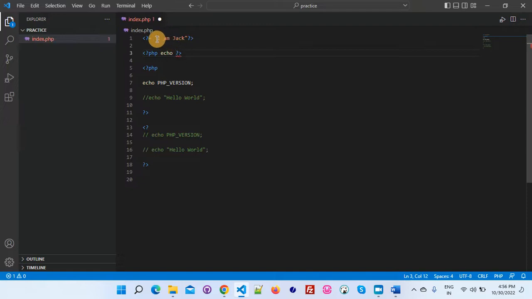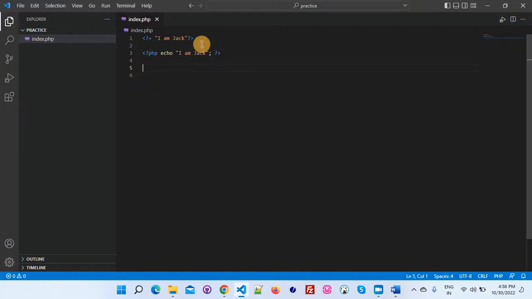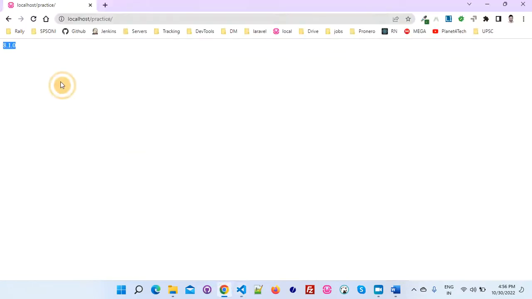If I use this expression here also, both will give you the same output. As I told you, this expression tag is nothing but a replica of the echo command available in PHP. I'm going to show you one by one. See, here it is showing I am Jack,